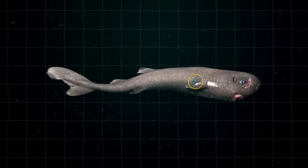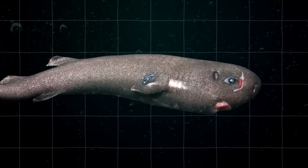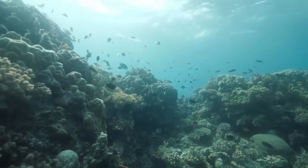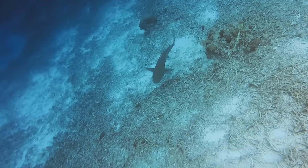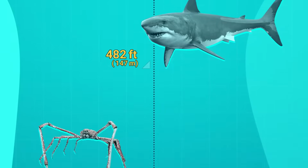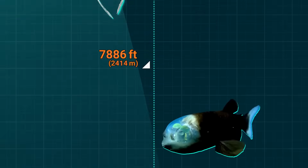These pockets are large, measuring about 4% of its body length, and are believed to either glow or secrete pheromones. So, this shark might actually light up to either confuse predators or attract prey in the dark depths. And when I say deep, I mean really deep. It is believed that this creature hangs out over 9,000 feet down, which is roughly the height of 7 Empire